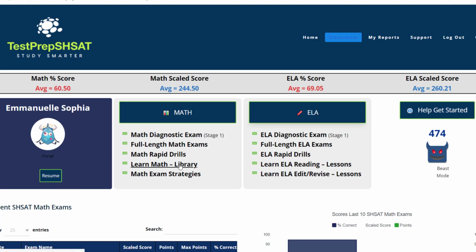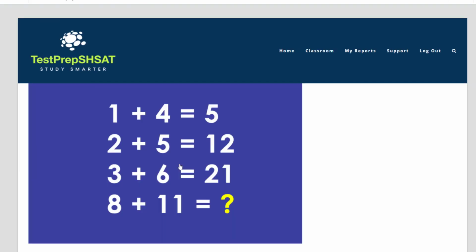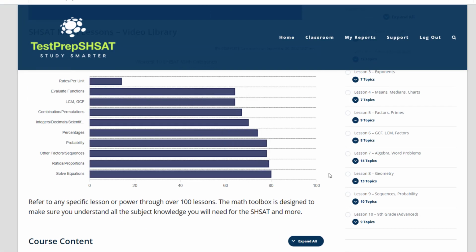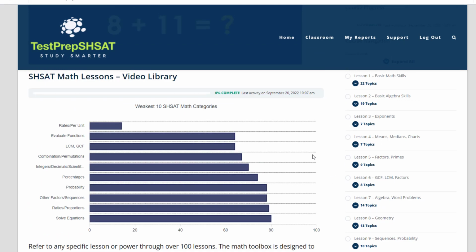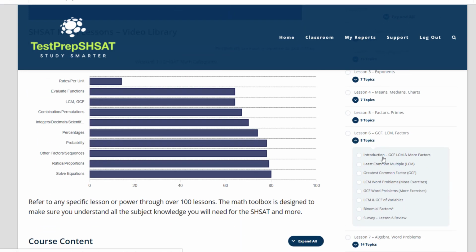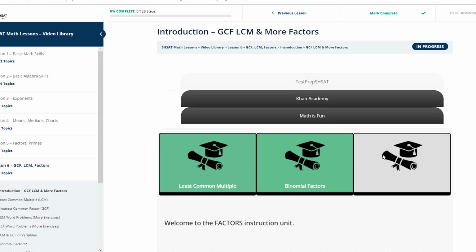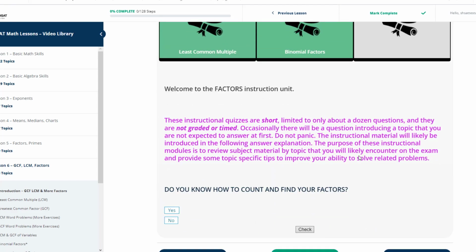We can visit our libraries of ELA and math information. So, for example, I can see the over 100 math lessons, videos, and other lessons that we have, as well as my performance by different topics of questions. So, for example, I see Emma's only scoring 64% in LCM GCF. She might jump over here and go right into an introduction to GCF and LCM lessons and begin to work